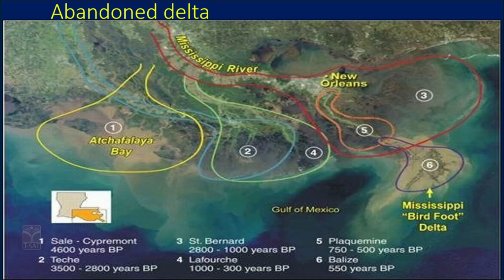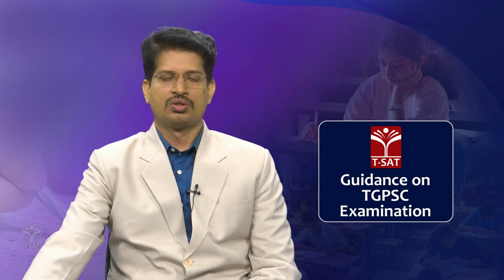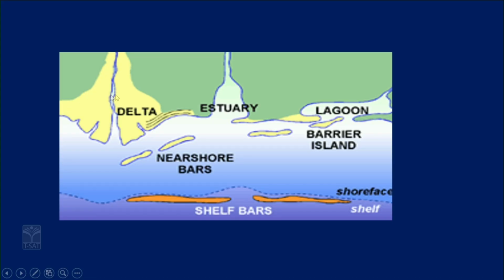When a delta is being formed, when the accumulation is increasing, the river will not be able to overcome its own deposition, and the river changes its direction and forms a different delta. So, the previous delta is described as an abandoned delta when the river stops flowing through it. The classic example is the Mississippi River, when the river itself changes its direction. So, the delta is more or less a triangular shaped structure with different features on the basis of which deltas are classified.